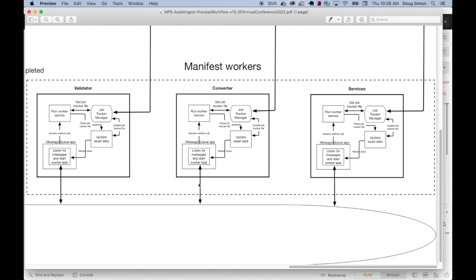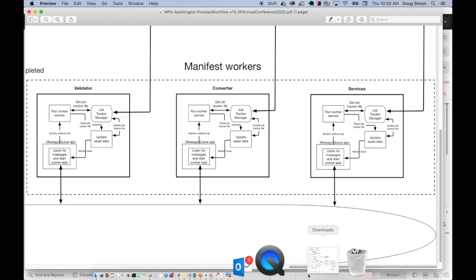Then both manifests, or one manifest in the case of a submitted version 3 manifest, move on to the IIIF services component, which stores them and caches them by URN for delivery. So now that we've walked through this entire process, let's check on the status of the ingest we just sent in. So heading back over to